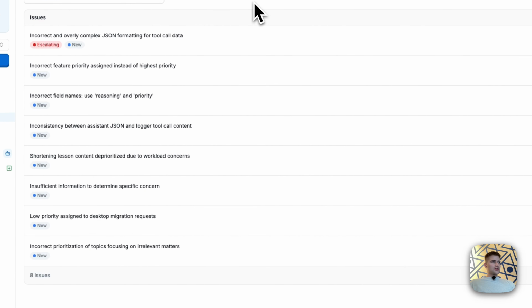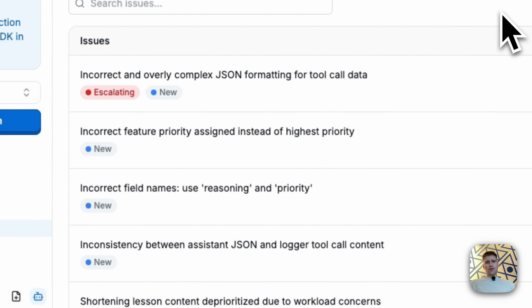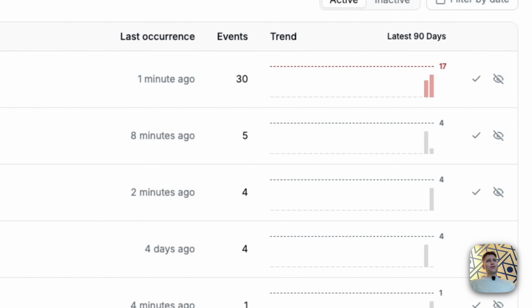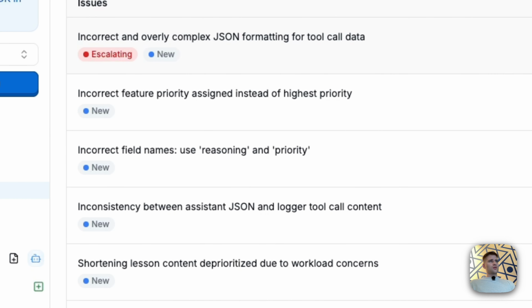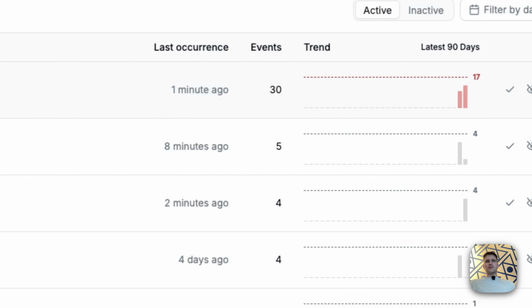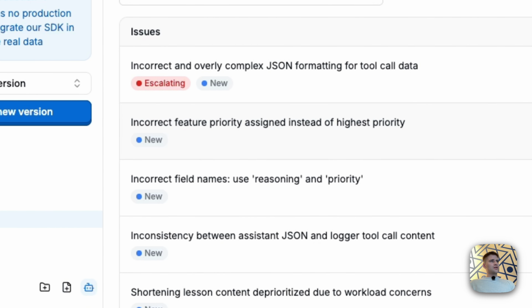So if we go here, we'll see that we have 8 issues created. And now these issues are actually organized by how many events are associated with them. So you can see with all the annotations we did, we have 30 events tied to this one, incorrect and overly complex JSON formatting for tool call data. And then we also have 5 events going into incorrect feature priority assigned instead of highest priority. We have a couple of issues, and so this brings us into the next step in our AI reliability loop,